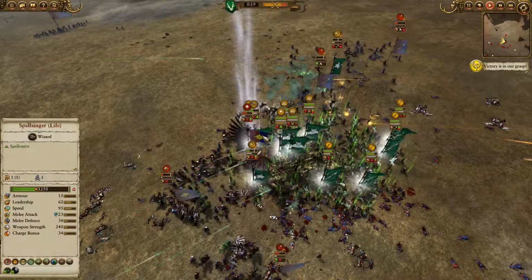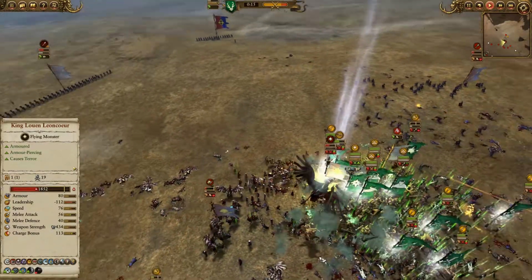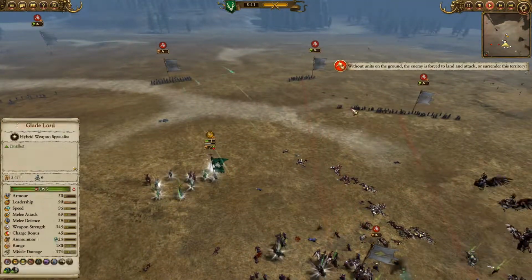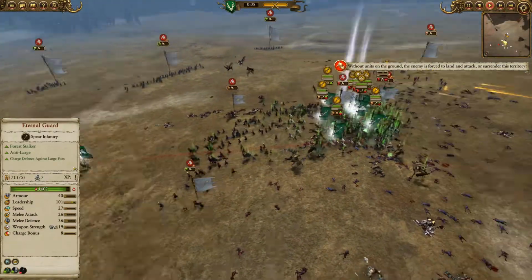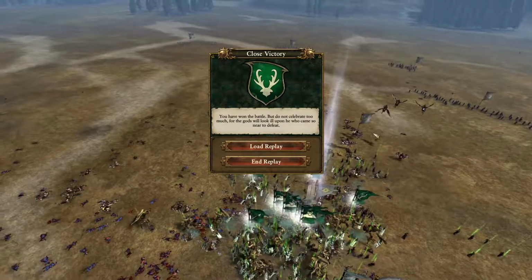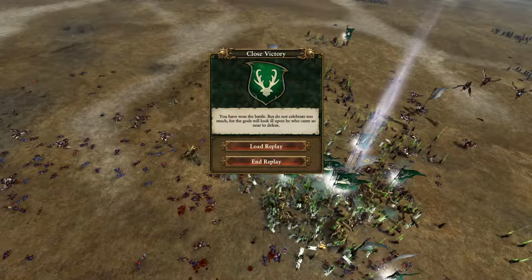My units are just so healthy and I'm doing so much healing to them, and the king's just taking so much damage that army losses are just going to kick in here pretty soon and cause a mass rout. And there you go. The mass rout is caused upon the peasant line, and the king himself flees from the field. So what really caused me to win this is that my Wild Riders were undeterred from his Pegasus Knights,